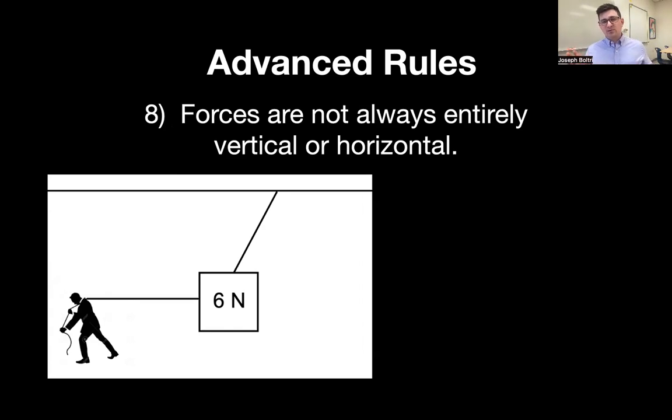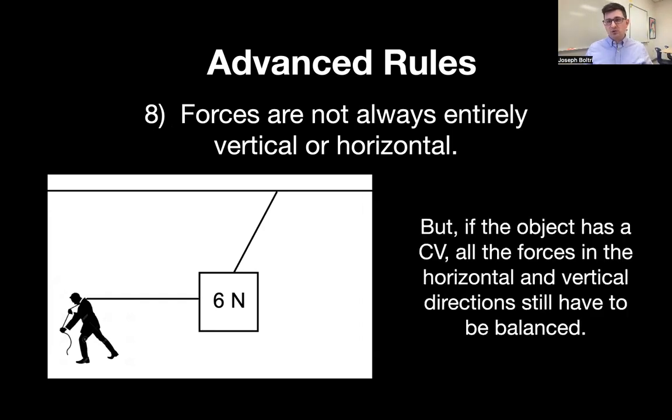The force that's up and to the right has a part of that force that is up and a part of that force that's to the right. But let's say that the forces are still balanced, and we would know that because it's maintaining a constant velocity. Then the forces have to be balanced in the horizontal direction, and they also have to be balanced in the